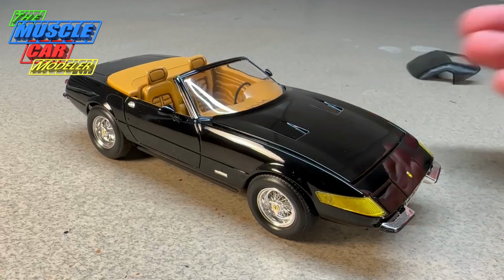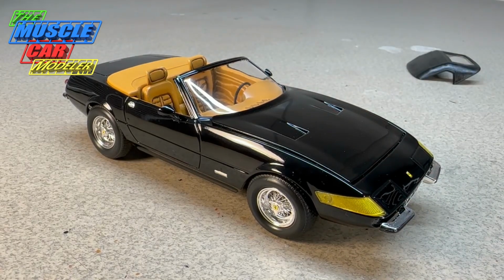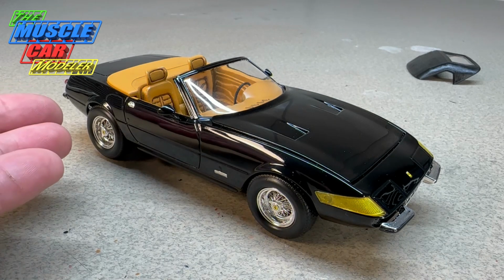I mean, I knew it was a replica, as there are reasons behind that from when the show was filmed, and replicas were really starting to appear at the time anyway of very valuable cars. Now, the actual Ferrari, the coupe came out in '68 and was produced from '68 to '73. And the Spyder came out in '71, which was the roadster version of that